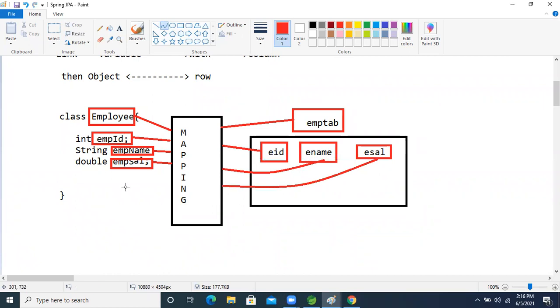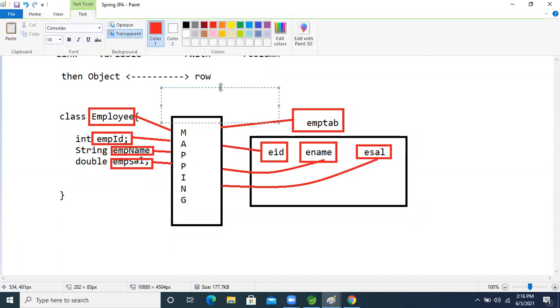Okay, so same like, this is nothing but mapping. And this mapping, who is performing now, guys? ORM, right? ORM is performing it.